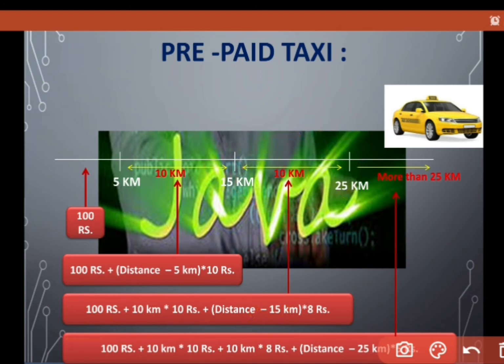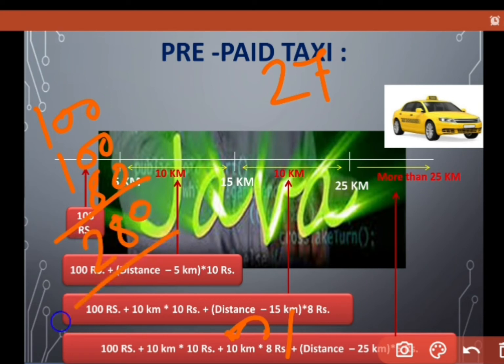If I'm covering 27 kilometers, I had paid till here, meaning 100 rupees already paid for 5 kilometers, then again 100 rupees for 10 kilometers, and now one more 80 rupees, 8 into 10 kilometers, 8 rupees per kilometer. Previously I'd already paid till here, meaning 280 rupees already paid,